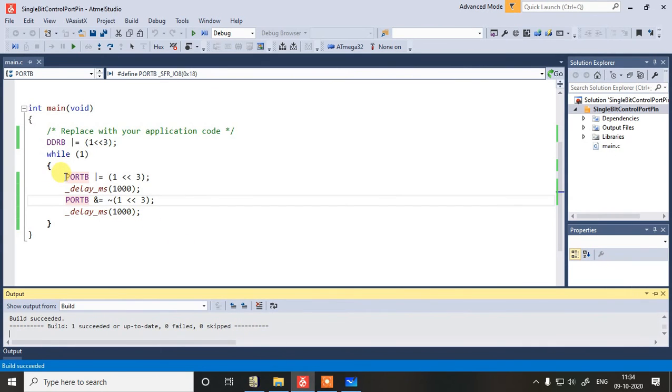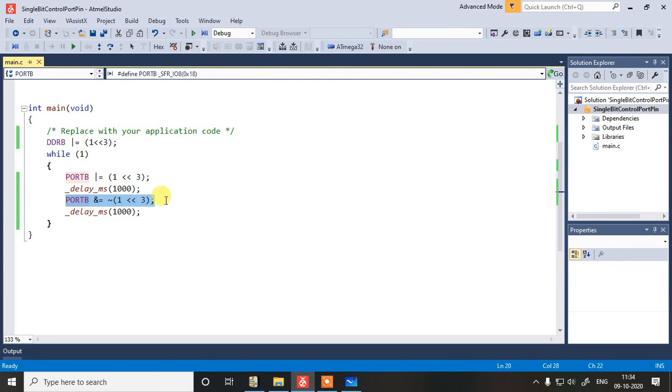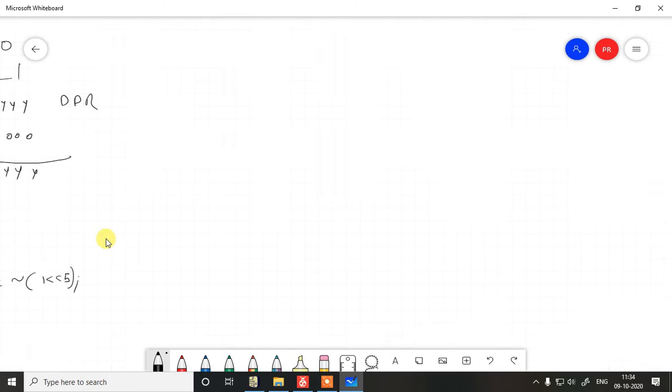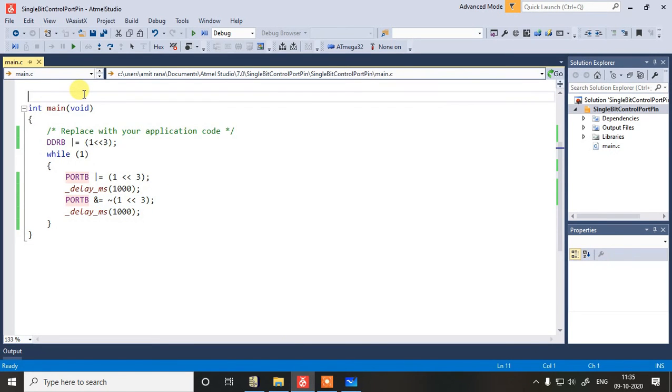Now I agree, writing down in this way doesn't look that good or doesn't sound that appealing, or it's difficult to remember. Especially let's say when you have a project which consists of, let's say, a relay, a buzzer and LED. Now in that case, when you have devices like this, when you have some physical names associated with it, you can simply write down some macros. What is macro? Let's see here. So hash define LED underscore on. And here you can write down this entire statement. Semicolon is not required.